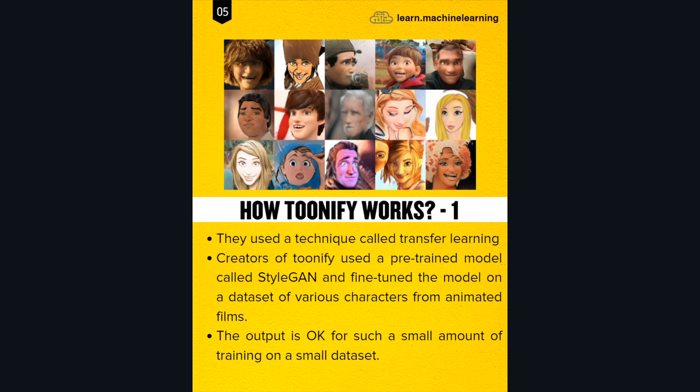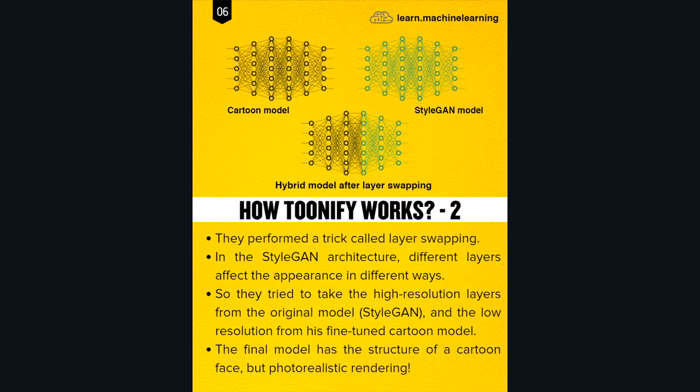You can see all the drawings, or CG images, are blurry and not exactly looking like humans, right? So they wanted to try to make these animated characters look like humans, but animated. So they used a trick called layer swapping. This is an amazing work done by Justin. So Doron took that layer swapping script from Justin and included it in his project.